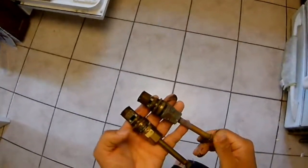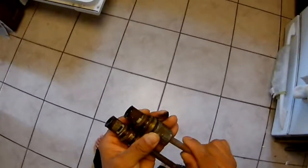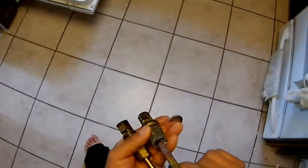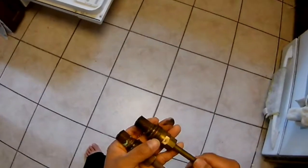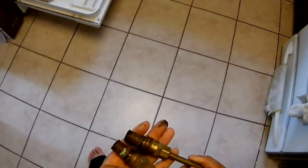So I took it off from my shower valve faucet. One side looks like it's working a little bit, but still seriously leaking from here. And the other one is completely shut. So I'll bring this one to Lowe's or Home Depot, and maybe buy a whole unit. Maybe some people just replace just the inside, whatever you need, but I think that's too much work for me, so I'll just buy the whole unit. Alright,